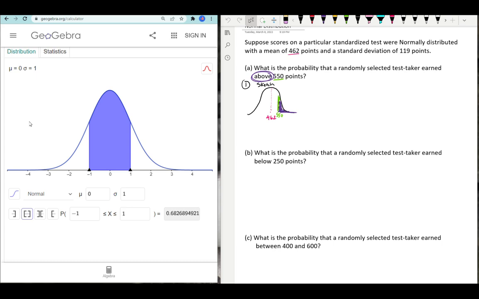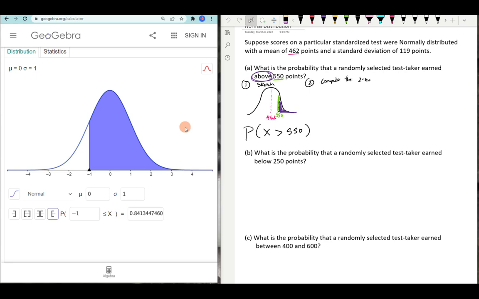Another way you can think of it is by writing it in probability notation. The probability that a randomly selected test taker earned above, that would be greater than, 550 points, looks like this in probability notation. So I've got a sense of what I'm looking at, and even right now I can go over to my probability distribution function and select the greater than option right away just to help me visualize that. Then my next step is to compute the z-score